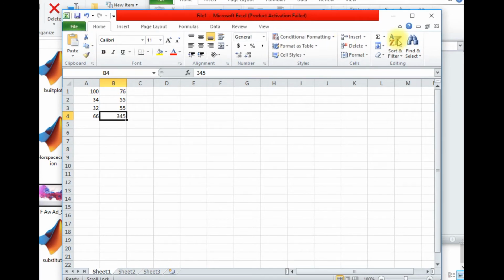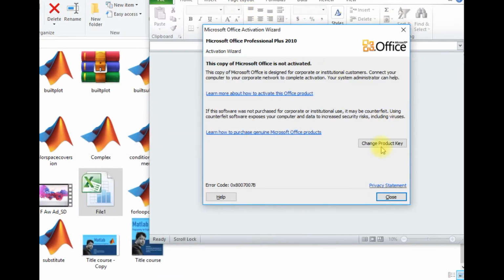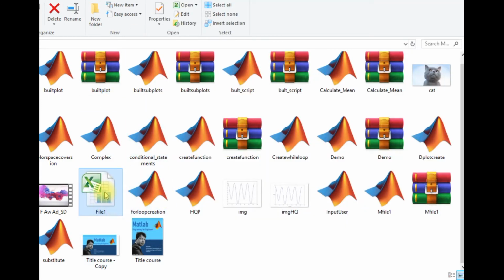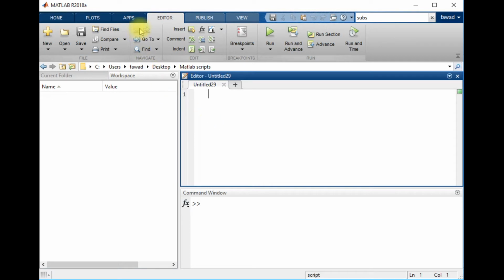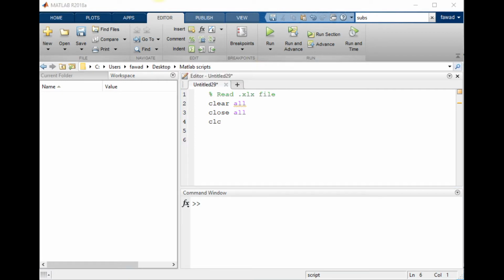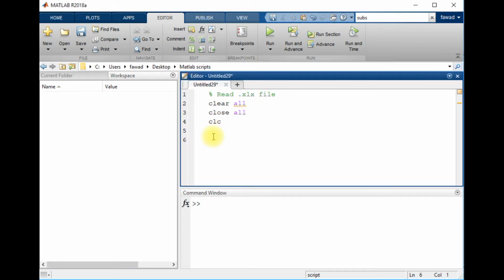I'm going to save it, and now I will tell you how you can import this file into Matlab. First I will open a script, and then I'm going to read the .xls file. So I have to clear all, close all other files and clear the screen. The basic command to read an Excel file is